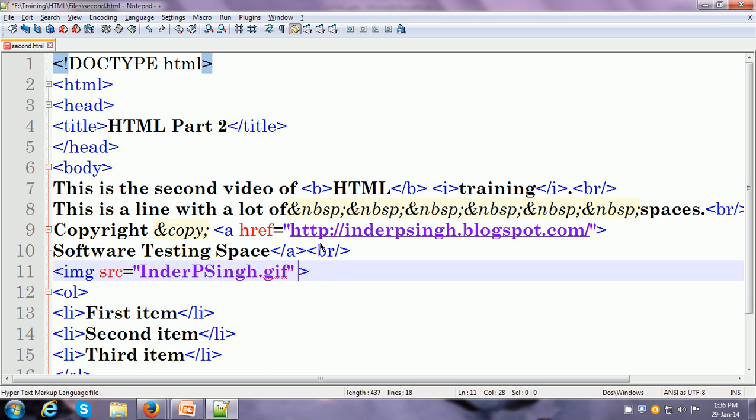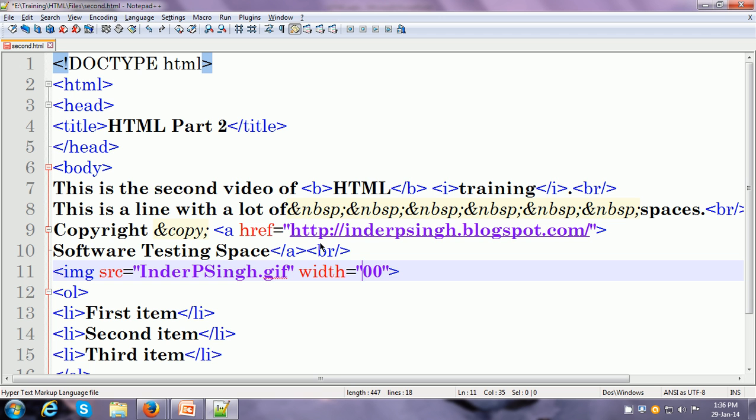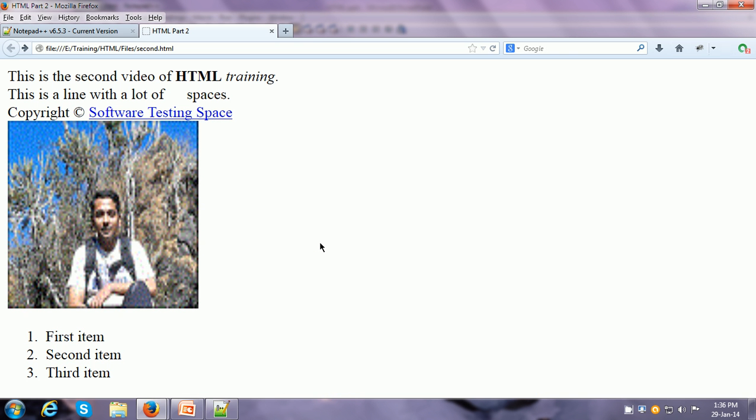So here I can use another attribute, for example width, and here I can specify what is going to be the width of this image. So now you see the image is a lot bigger. Of course the quality is not maintained, so let me reduce the width and specify height also. So let us say I want height as 200 and width as 200, and now it is a bit better.